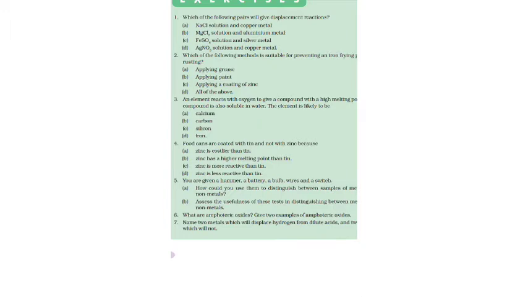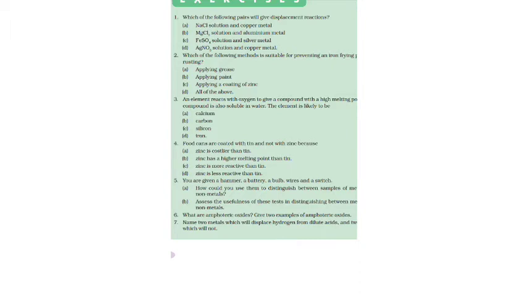And with the battery, bulb, wires and switch, we find out whether the given sample allows electricity to pass through it. If it does, it is a good conductor of electricity. If the sample does not allow electricity to pass through it, it is a non-conductor. So when it does not allow, it is a non-metal. When it allows, it is a metal.